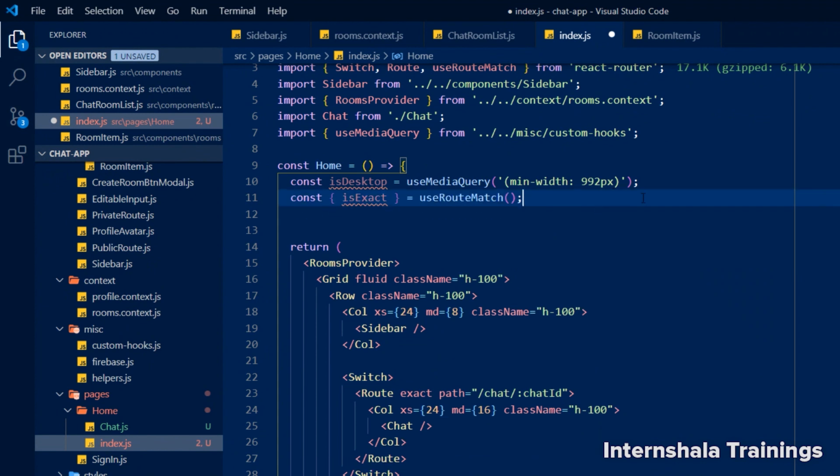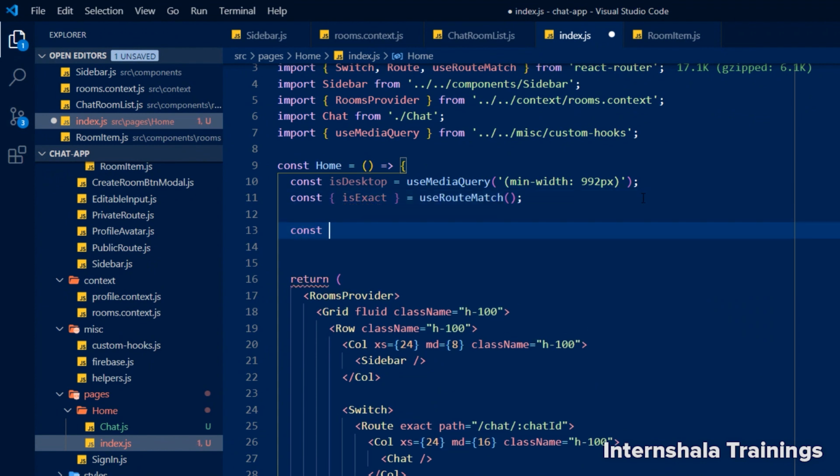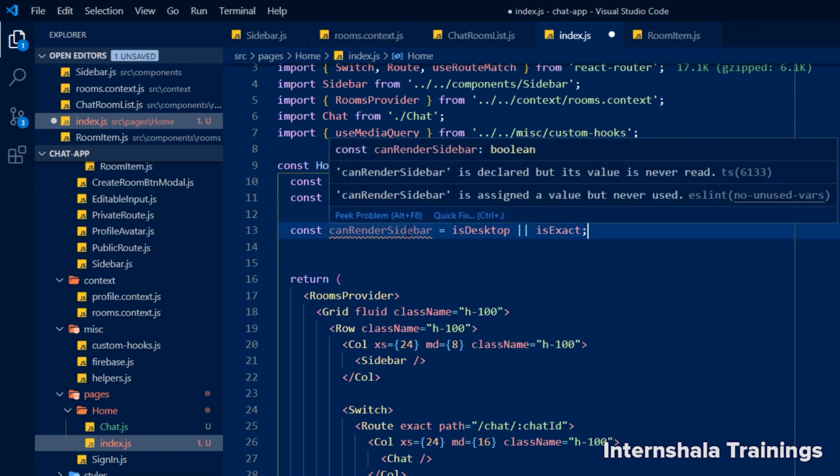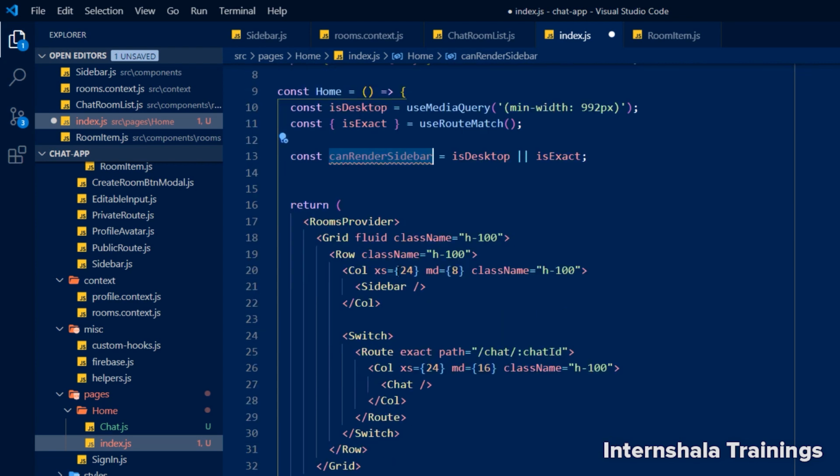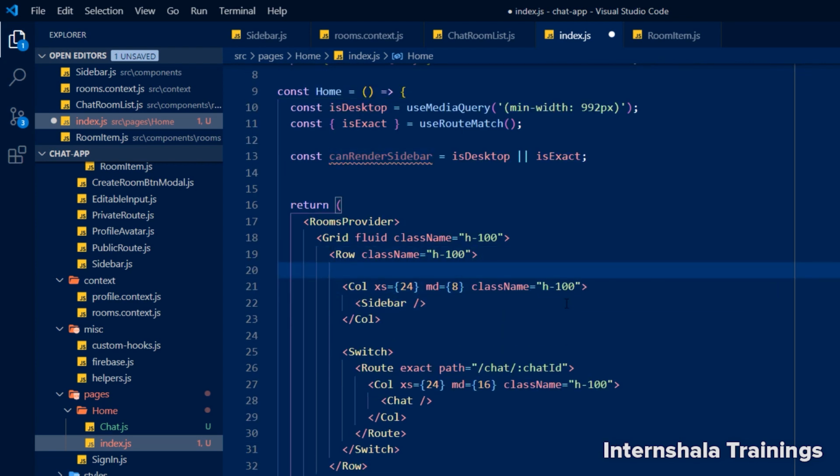Alright? So now let's define our condition. Let's put canRenderSidebar. And we're going to ask if it is desktop or if it is exact path, only then we will be able to render the sidebar. So now here let's put the next logic. So if we can render a sidebar,